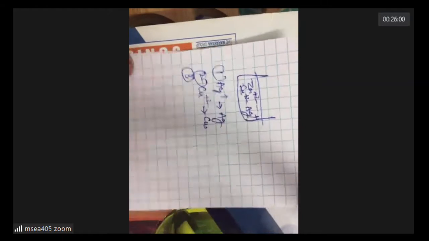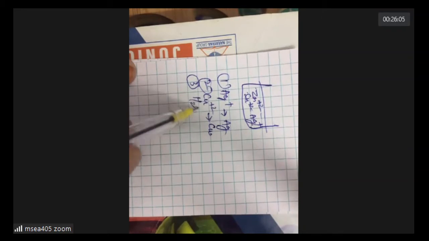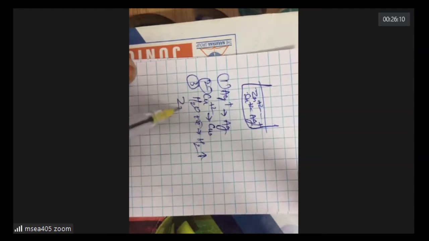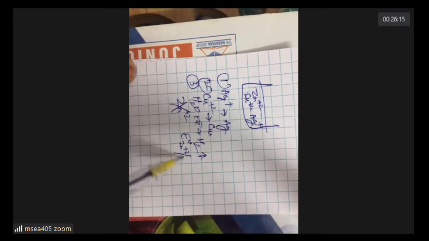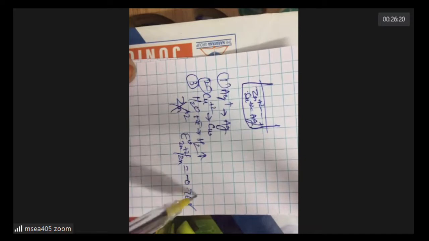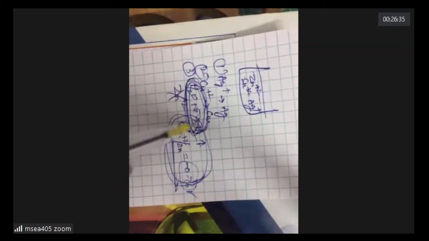Zinc is never reduced. It is the water that is reduced to give hydrogen gas. Zinc is never reduced because the reduction potential of zinc is negative, minus 0.76. All the elements whose electrode potentials are largely negative, like zinc, aluminum, calcium, sodium, will never take electrons if there is water, because water, whose electrode potential is higher than these, will gain electrons to